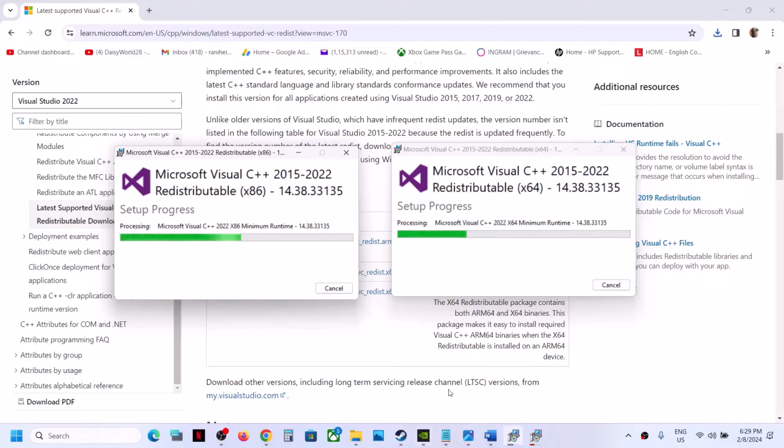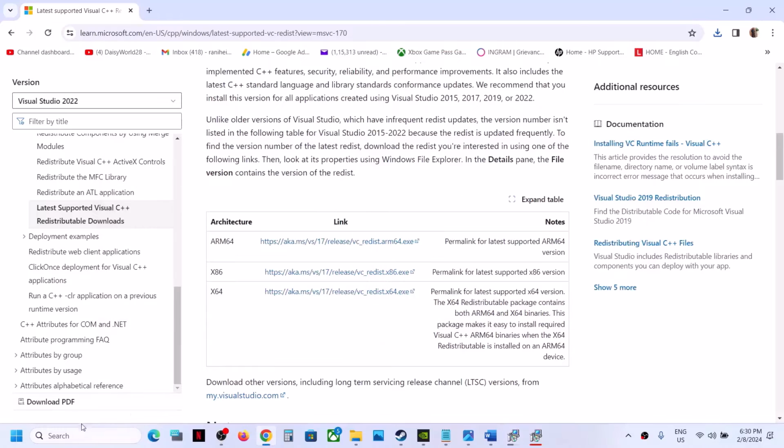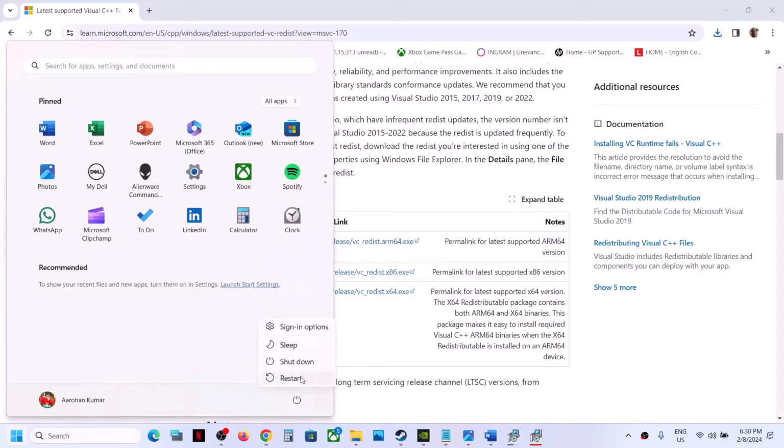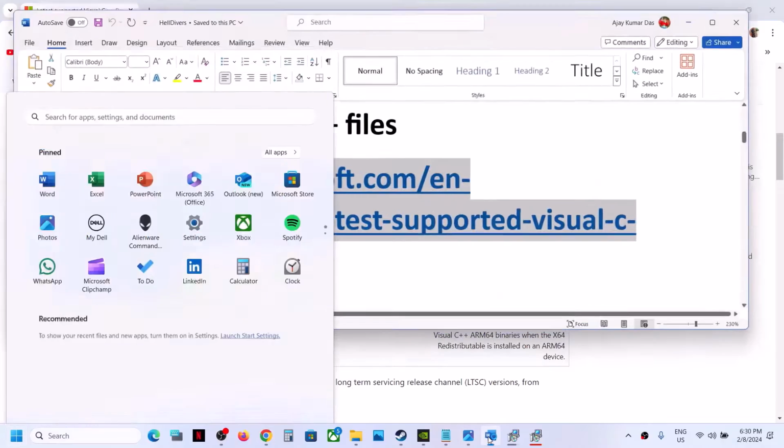Now, the next step is, just ignore this error message because I've already installed, so I'm reinstalling it. That's why I received setup failed, but in your case, it will install successfully. And once that is done, you will see a restart option. So restart your computer after this, and after the system restart, launch the game. Now, the next step is to